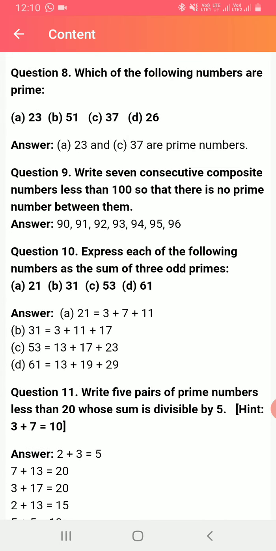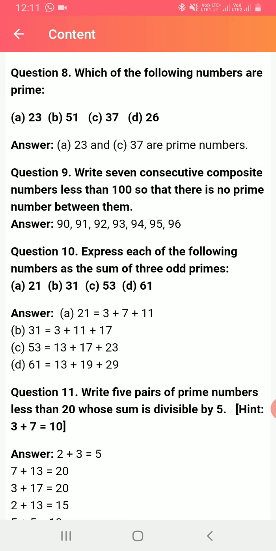You have numbers 23, 51, 37 and 26. So 23 is divisible only by the 23 table and 1. And 51, it is possible for you to have 51 in another table. Just check it out, you can. 37 is divisible only by itself. And 26 is possible in various other tables like the 2 table, 13 table, etc. So we can say the numbers 23 and 37 are the prime numbers. Why? Because they are divisible by itself and only by one.